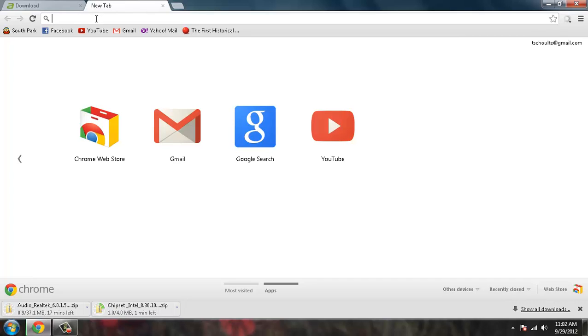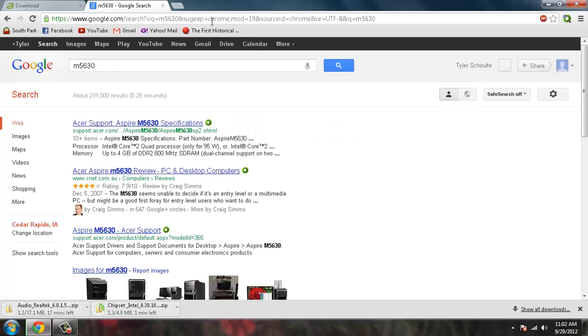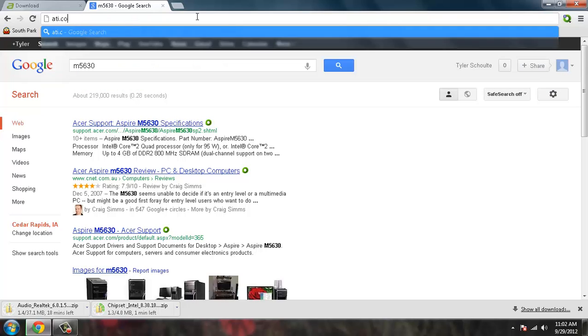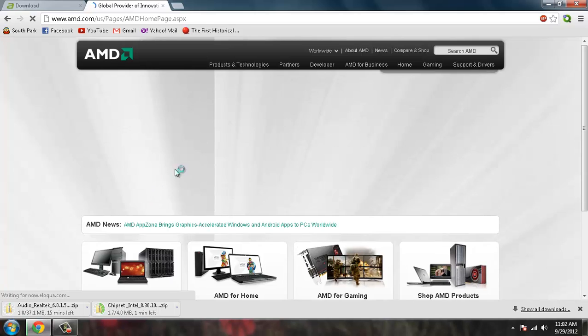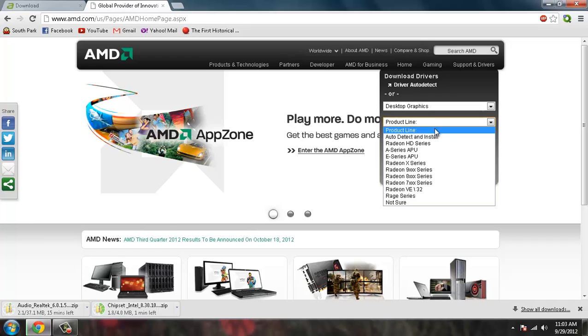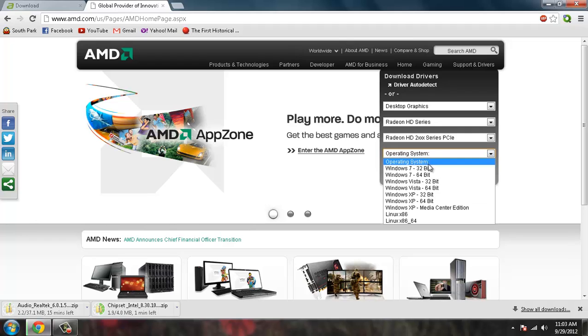But otherwise, you can do a Google search, like my model M5630, and then you can find all the hardware inside of it. So there you can see all my other specifications and all that stuff. But I need to find my ATI graphics card driver. So this is also how you can do it. You can search every individual component. So while I'm downloading these drivers down here, I'm going to go find my other driver. So we're going to go to Desktop Graphics, ATI Radeon HD Series, 2X Series, and Windows 7 64-bit, and we'll